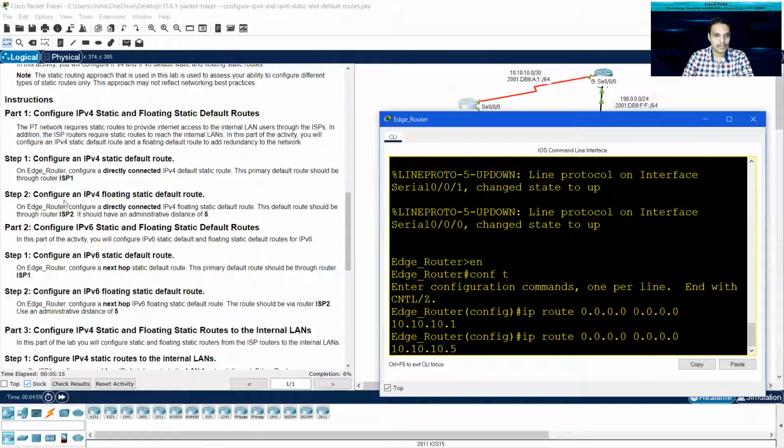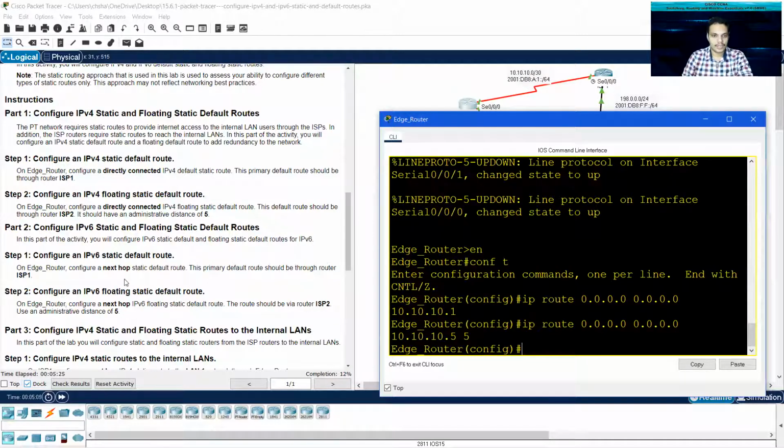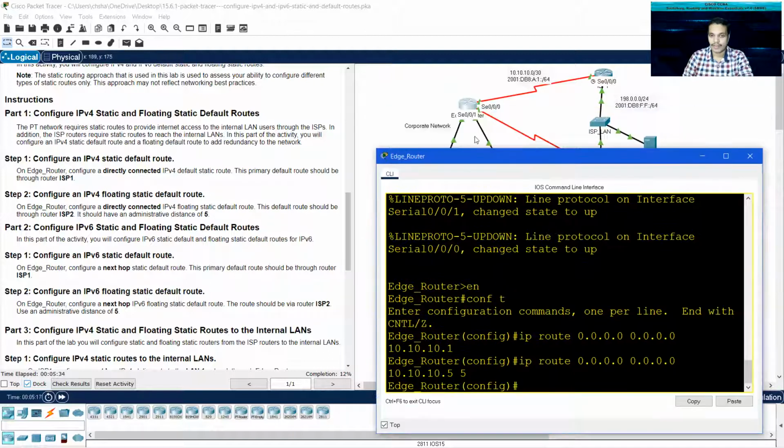Okay, here you can see the administrative distance of 5. It is clearly mentioned that I should give the administrative distance of 5, so let me put it as 5 here. Enter. So that is also done. Step 1 done. Step 2 done. Part 1 is completed. So I configured an IPv4 static and floating static default routes